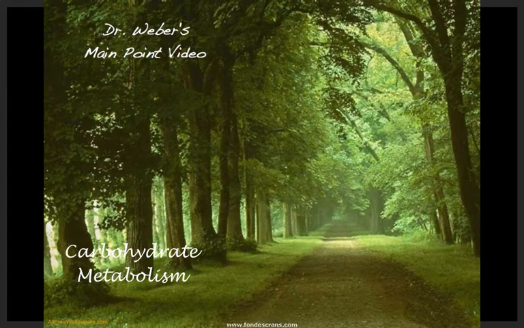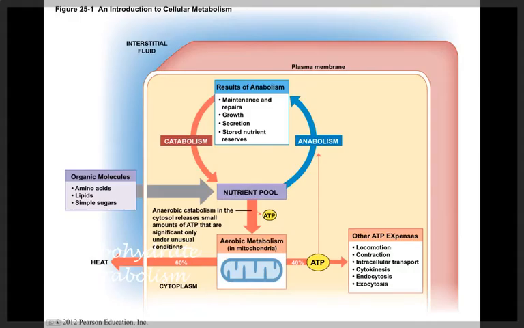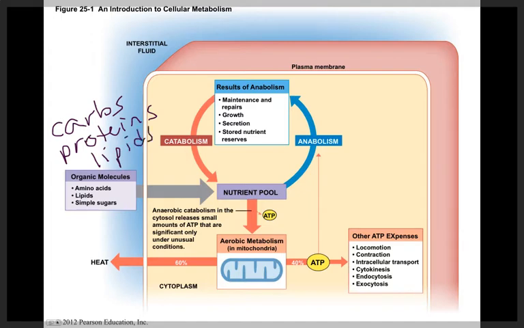This segment is on carbohydrate metabolism. In the last chapter, we learned that carbohydrates and proteins and lipids can be ingested, and then in the small intestine, when they're broken down into smaller monomers, they can be absorbed